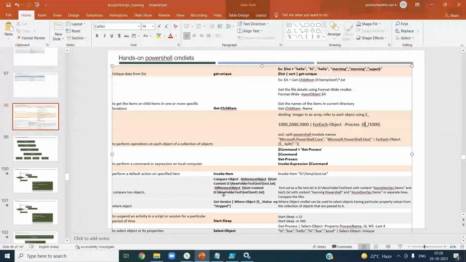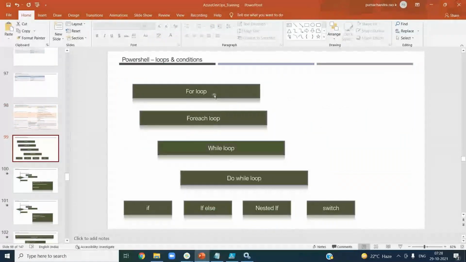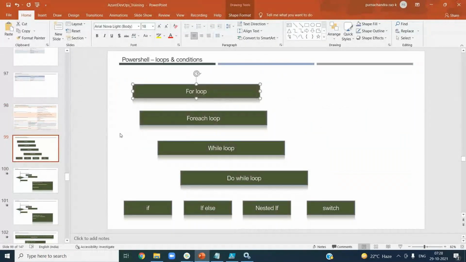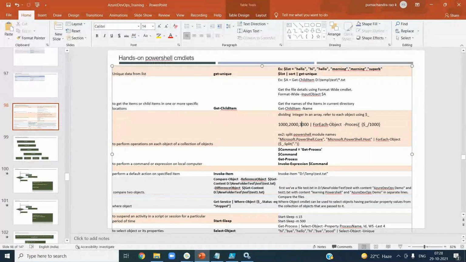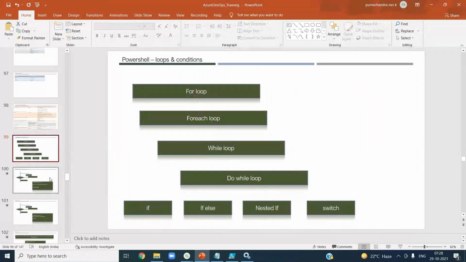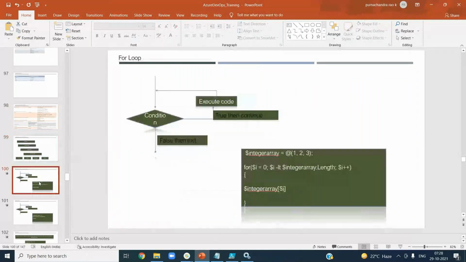But this is a very traditional way, because there you do not have much logic to do. Here the logic is simply divide by something or multiply by something. If your logic is more than one line, then you cannot use this; you need to use the for loop. That is for one line logic, and this is for more than one line logic. That's how you can understand it.